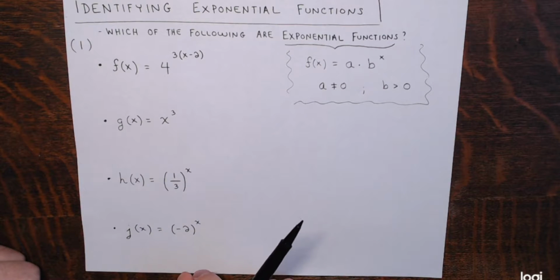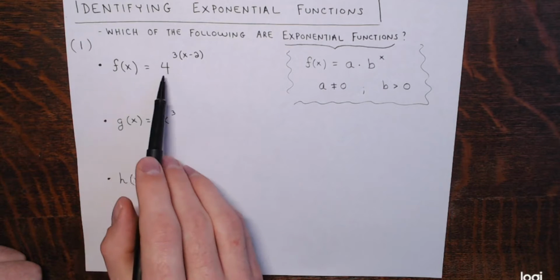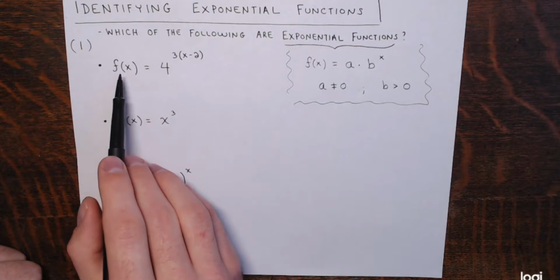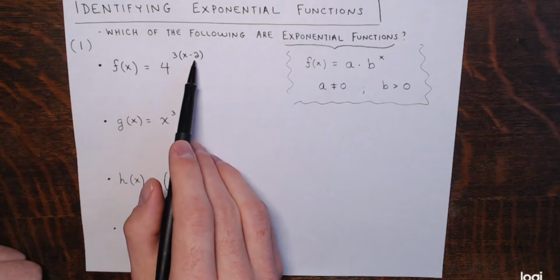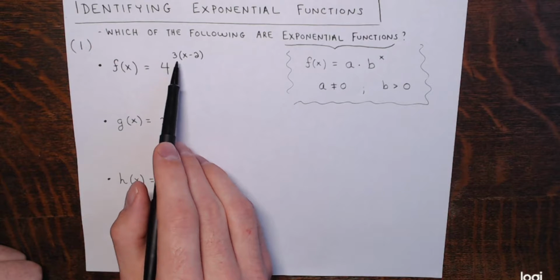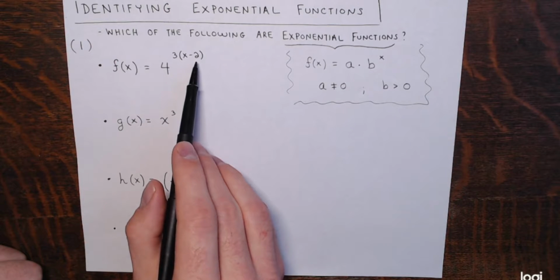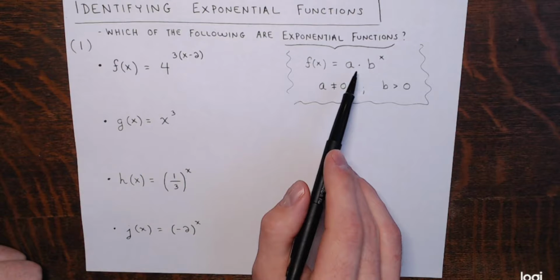Hopefully you remember your function transformations from an earlier chapter in this text and earlier videos of mine. All right, so let's take a look here. The first example, f of x equals 4 to the 3x minus 2 power, or 3 times the quantity x minus 2 power. Now this doesn't look exactly like this yet,